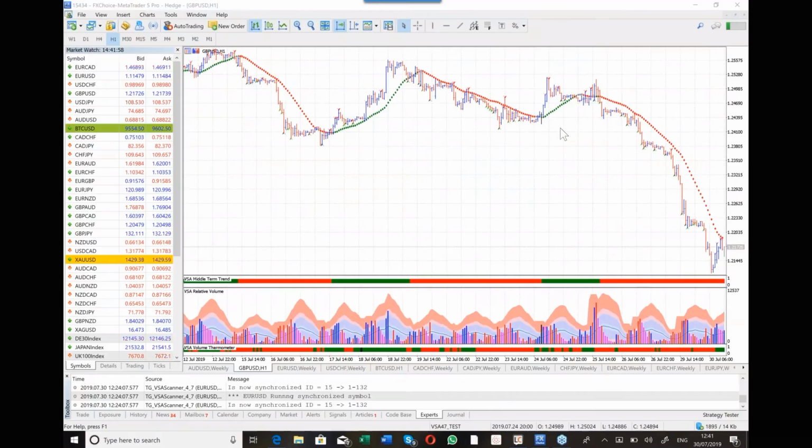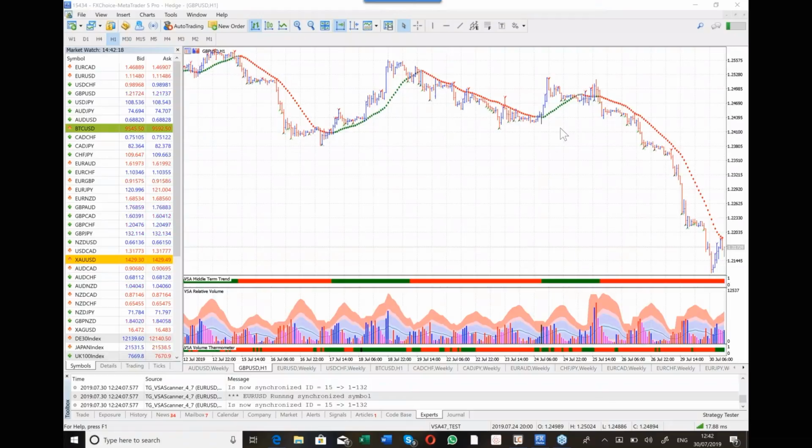Okay, and I'll just put the questions up. Now, you should be able to see my screen of the MT5 platform. In this instance, I'm using FX Choice. I also have accounts with markets.com and with activetrades.co.uk as well. But it doesn't make any difference. They all look pretty much the same.